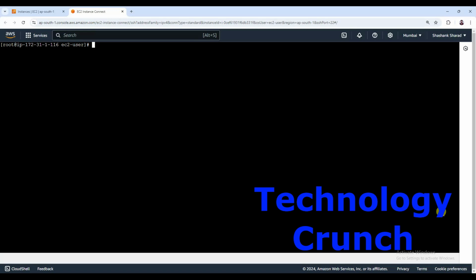So in this video, I'm going to do a deep dive and share one important lecture where I will show you how we can share a common shared volume between multiple containers, or you can say two containers. In this lecture, I will show how we can share the directory or the volume between the two